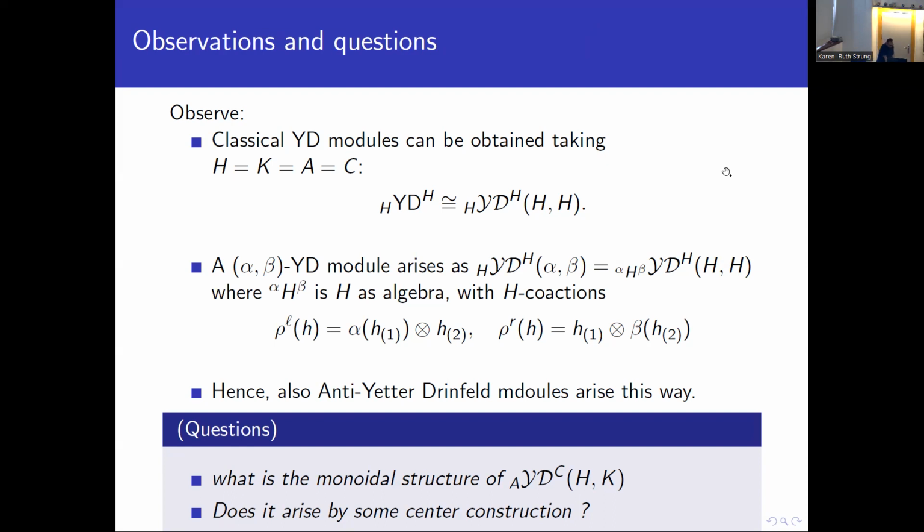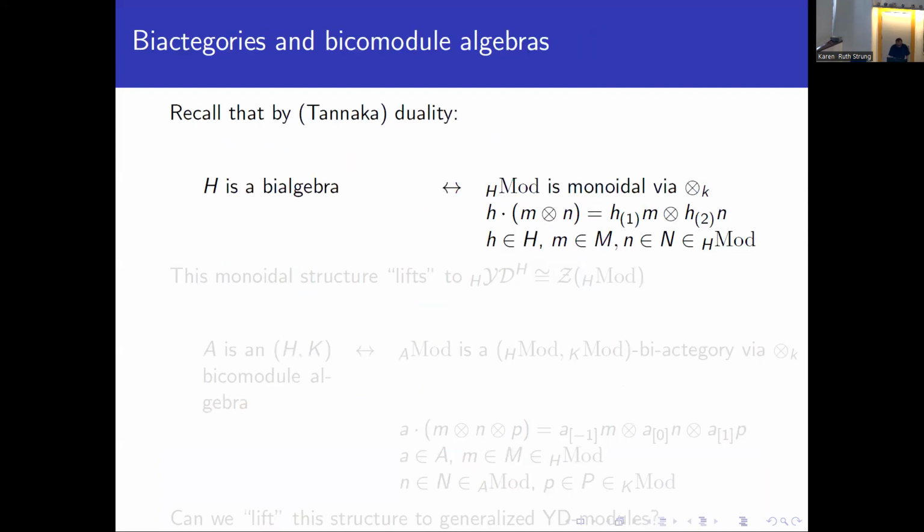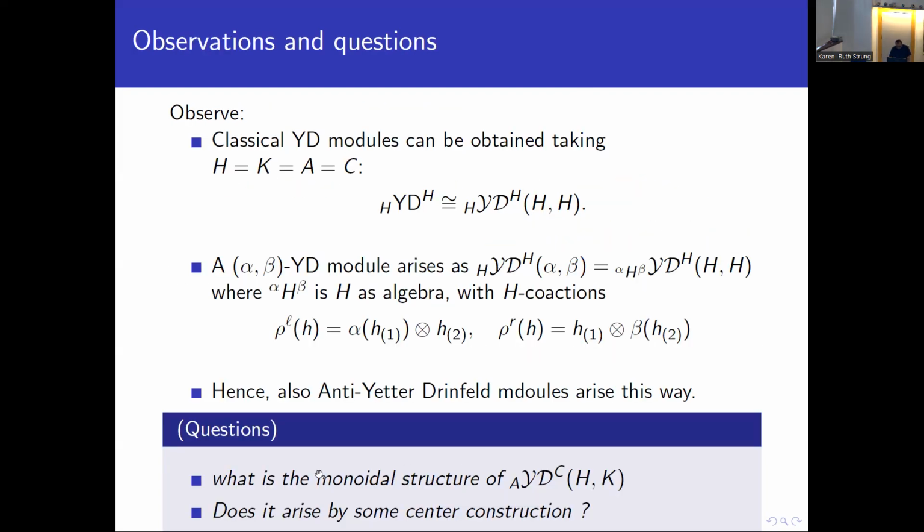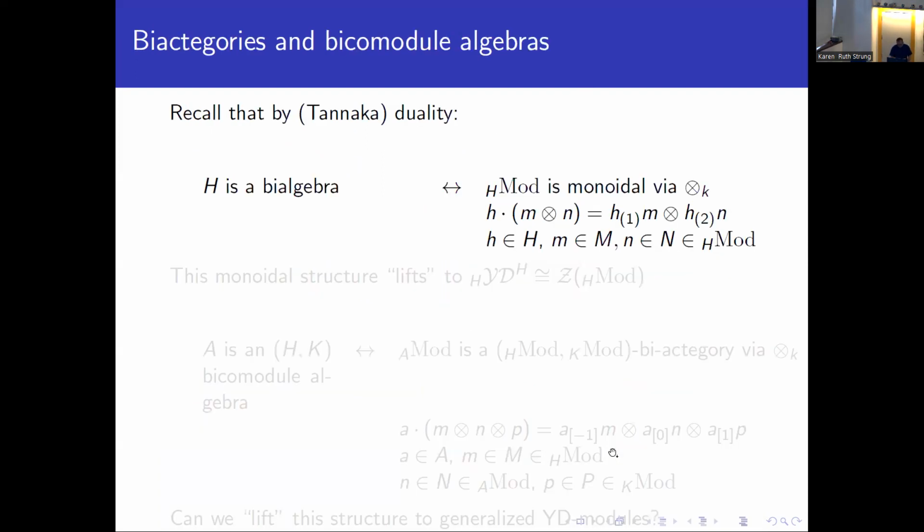Well, maybe I can use this. Yeah. So here this is just H as an algebra, but it has modified coactions, where the modified coaction depends on the bialgebra automorphisms alpha and beta. So basically, this is really like the most general version. So now, yeah, that's the question that I want to answer: to answer if this category is equivalent to some center, and what does it mean?